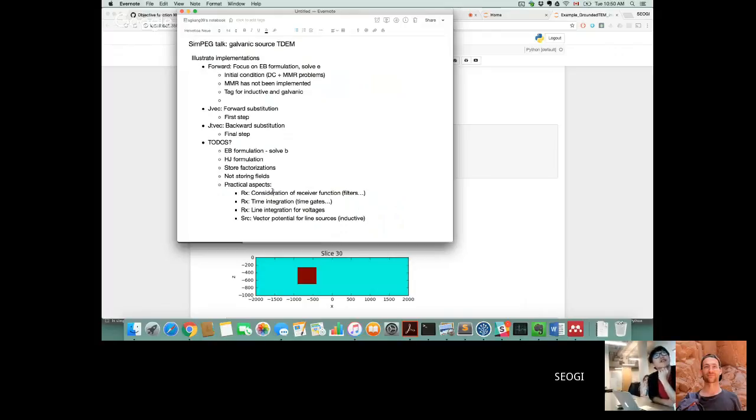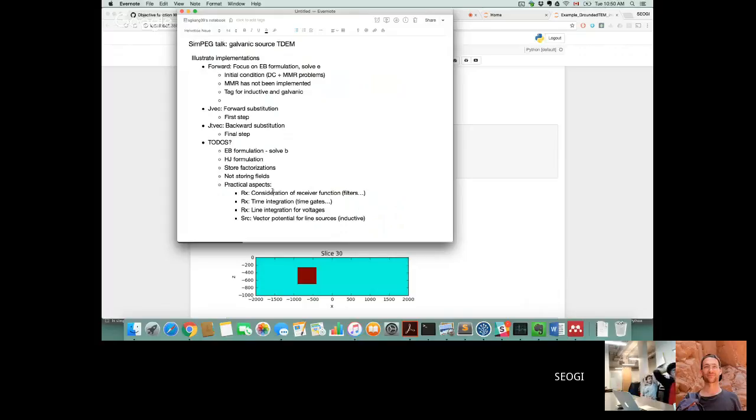Some practical considerations is the receiver. Receiver has some function. For instance, people use filters. They usually put a low-pass filter, for instance, in DC and IP data, so in the early time they have a rear decay. Also for the airborne case, they put a filter. They usually put a low-pass filter to get nicer late time data, but that kills the early time data, which is interesting. I'm not sure that we need to implement it in the inversion code, but that's